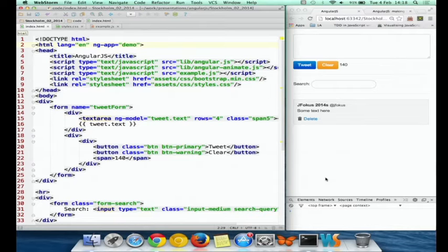But where does this model reside? I mean, we know that this is JavaScript, but where is it coming from? So in AngularJS, there is something called scope, which may sound like a fancy concept, but at the end of the day, it's just an object, like a hash map, with all the data that are exposed to a template.